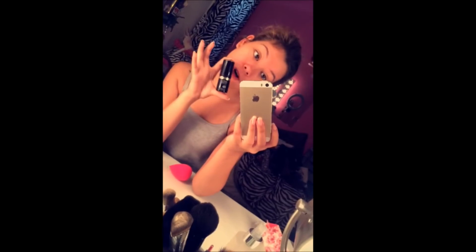I'll be using Makeup Forever's stick today. I apply this using a damp beauty blender, just like I would a liquid foundation, by tapping it in. I'm using a knockoff beauty blender from TJ Maxx. It was only $4. However, it is denser than a normal beauty blender, so it doesn't pick up the product